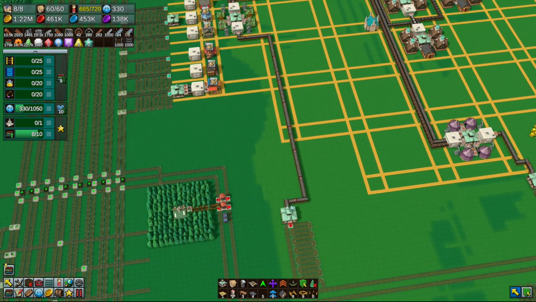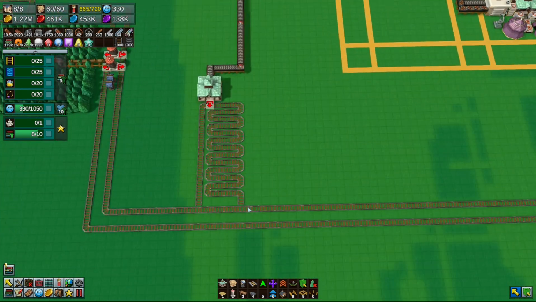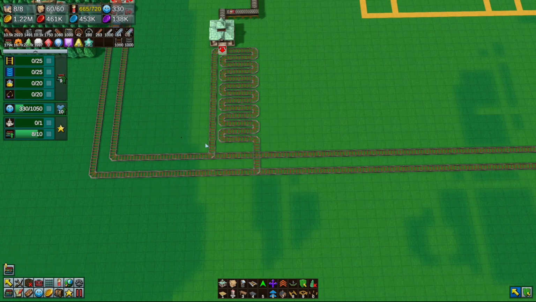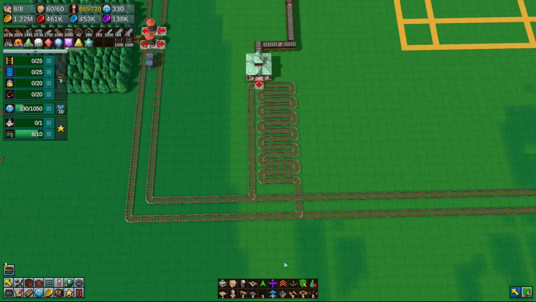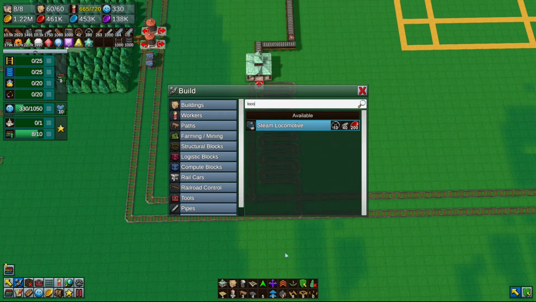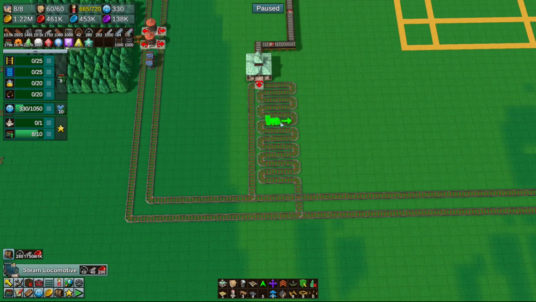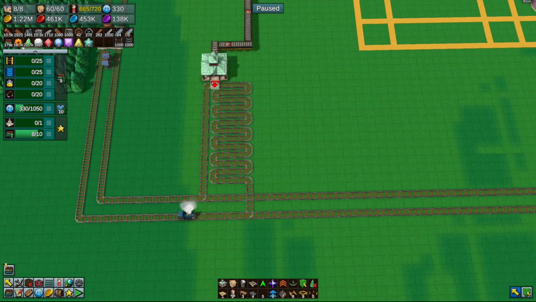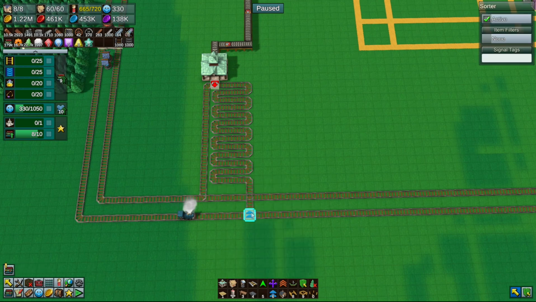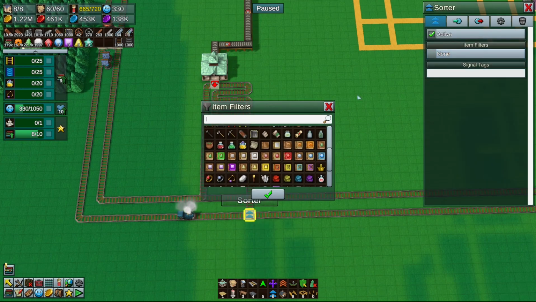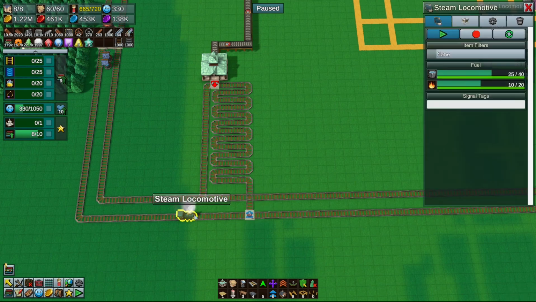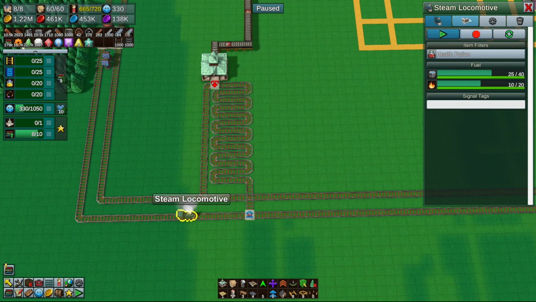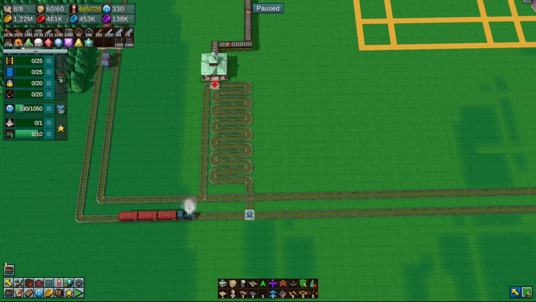health potions, and I did all the thing, but I didn't actually put a train in, did I? No, we did not put a train in. Let's fix that right this moment. Second thing, we need a locomotive. Let's put you there. Let's put a sorter here, not a pusher, a sorter, and this wants to be health potion. Do that one there, and you want to be health potion train, and then we want to add 1, 2, 3 of those, and